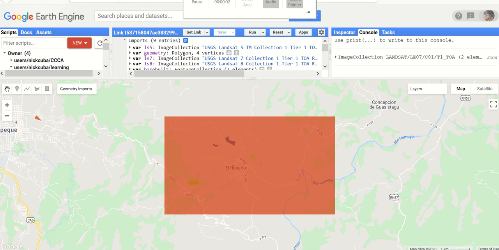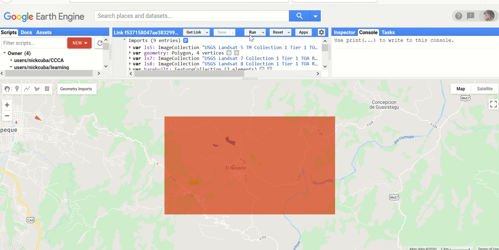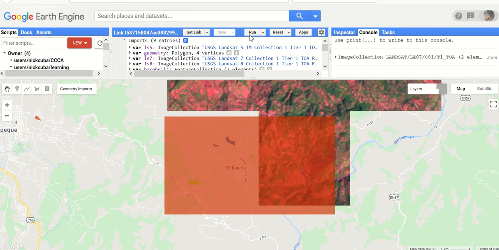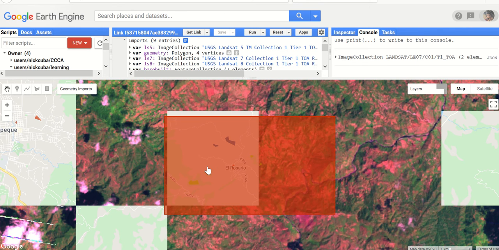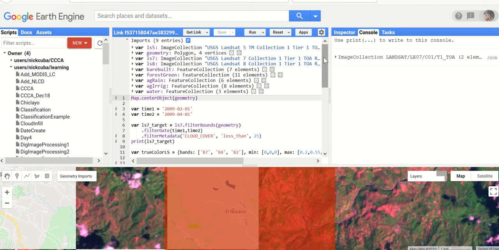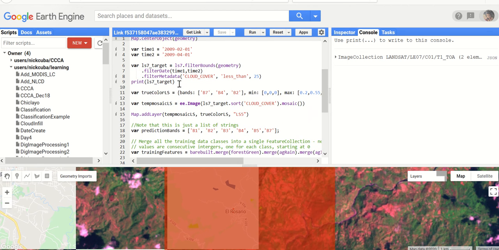Hi everybody. In this video, I'm going to take the example code from part 2 of exercise 8, do a walkthrough of just how to adapt that to our local environment here in central Massachusetts. So if I just run it as is for this area around El Rosario in central Honduras, we're getting